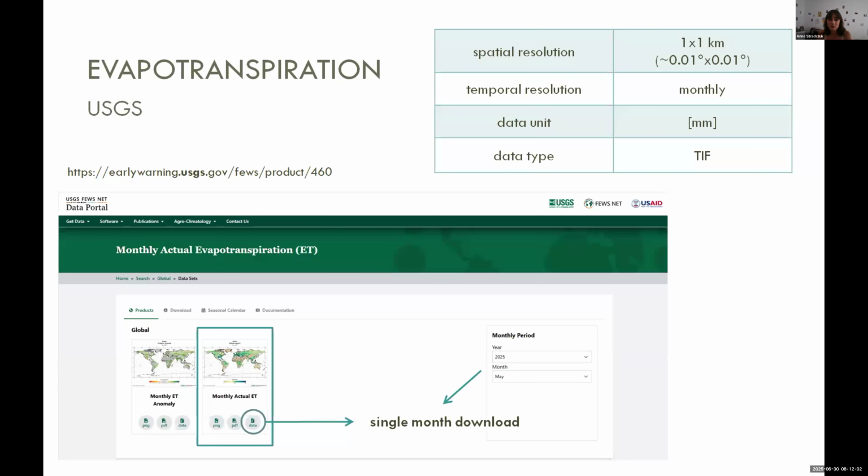The next one is evapotranspiration. The spatial resolution is 1 kilometer. The temporal resolution is monthly, and the data units are millimeters. Data type is TIFF,